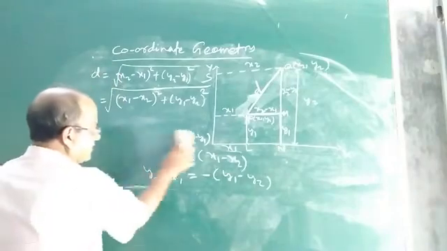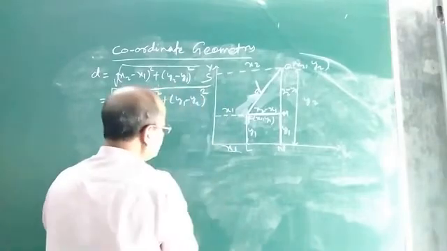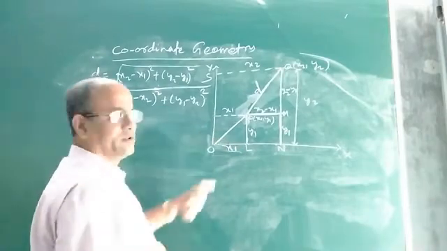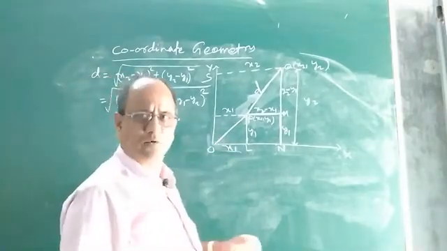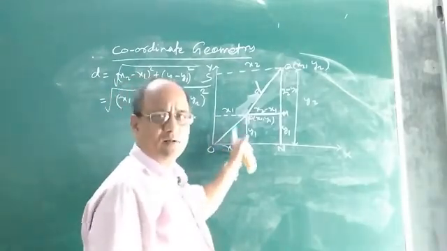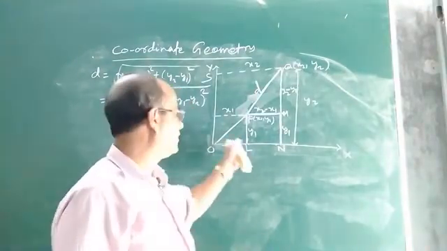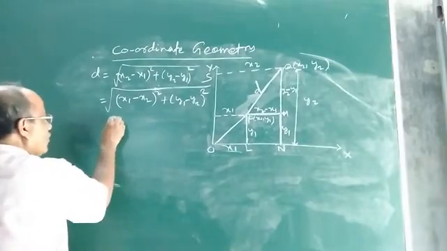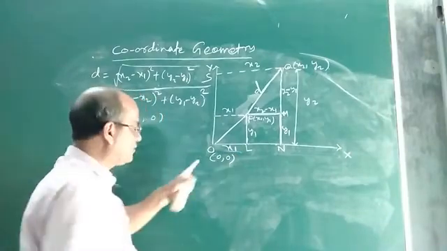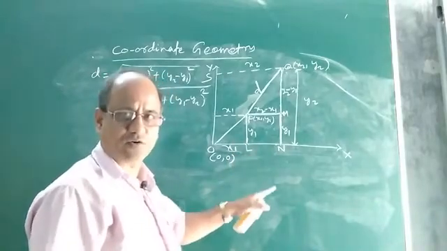Now, let us see another important thing. Suppose this is the origin. Now you join O and P. Suppose you join the origin to the point P. Now if we join O and P, we get a line segment. What will be the distance between the origin and the point P, or the length of the line segment OP? In this case, the coordinates of the origin are 0 and 0. Both the x coordinate and the y coordinate of the origin are 0.